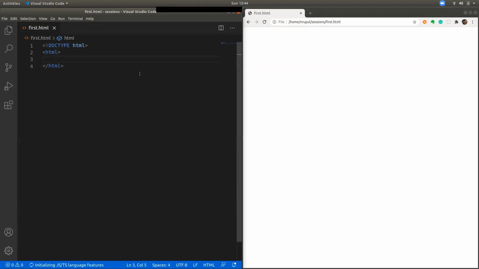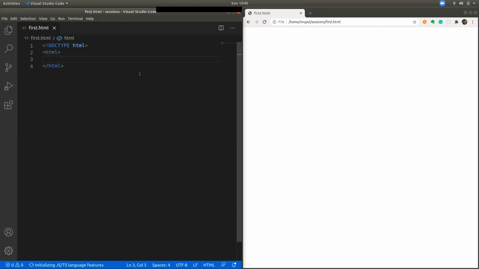Now let's go back and see what I mean by inside it. The tags I explained can be put one inside another, but when you are putting tags one inside another, the one which you opened last should close first. What I mean by this is, let's say I'm putting two tags called head and body.